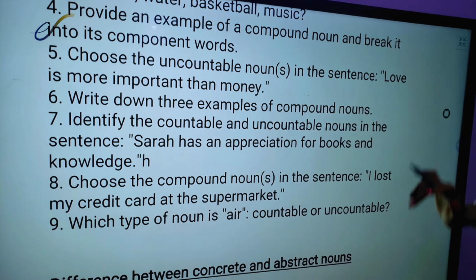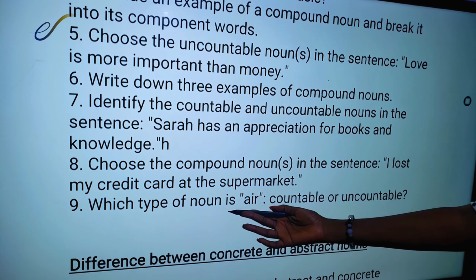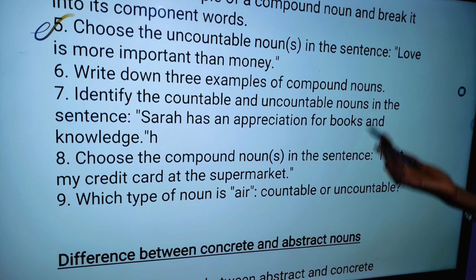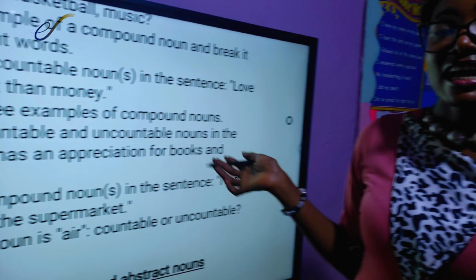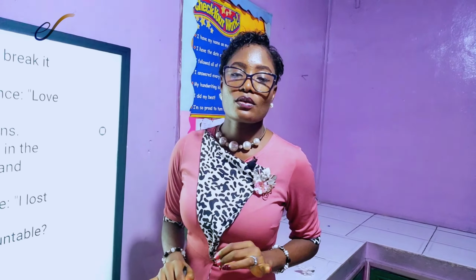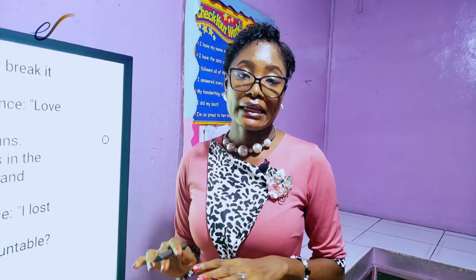All right, and then you answer this question: what type of noun is air? Is it countable or uncountable? Easy peasy. So as usual, send your answers to me via my email,